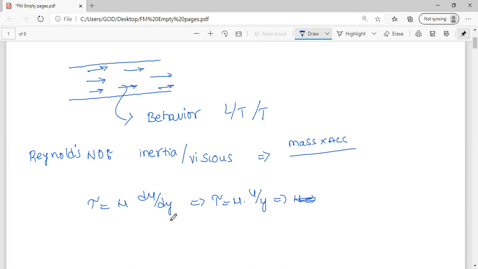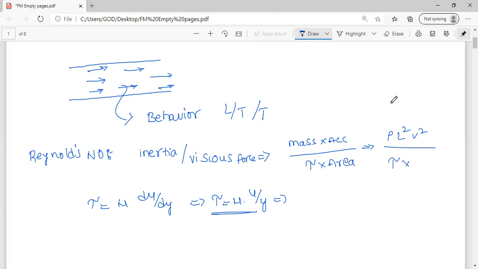no need to write this actually, because I need inertia force to viscous force. So I can directly write viscous force as stress into area. But why I wrote these all is it will be useful while writing tau. That's why I wrote this, which is already known. So what is mass? Rho times area, acceleration is L square V square by tau into. Now, how can we write this?